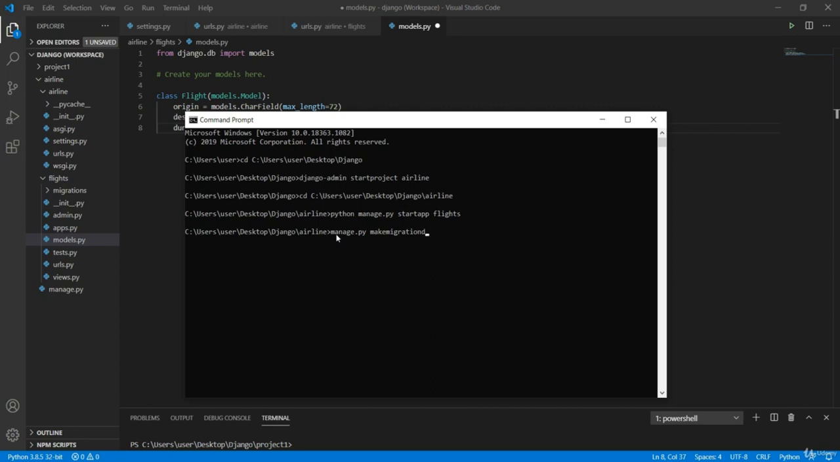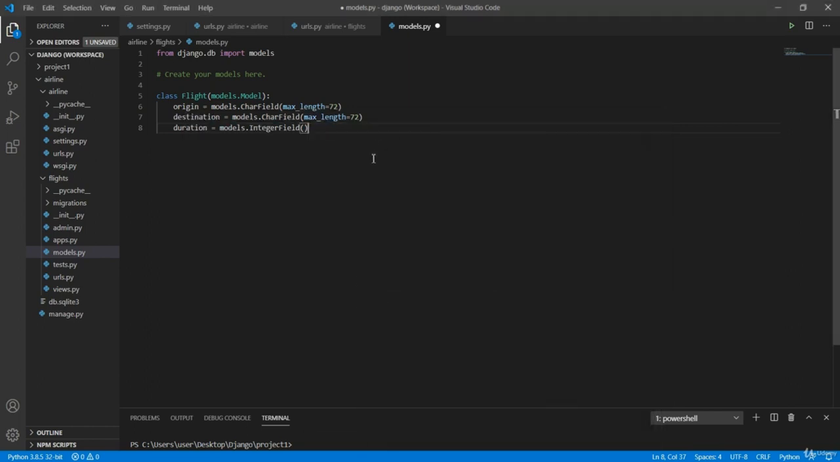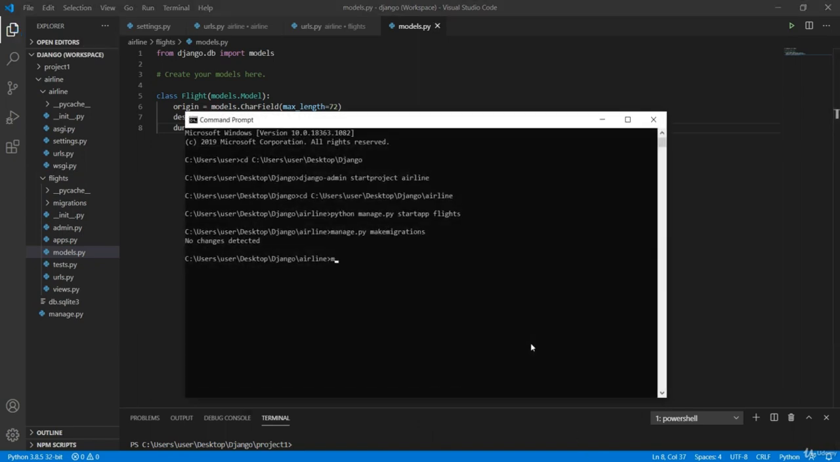So make migrations. And if I click on enter, now what I see is no changes detected, and that's because I did not save my file. So now let's go ahead and re-enter it. At first it did not detect anything because I didn't actually save the new model. But now after saving it, if I go ahead and type in manage.py make migrations and click on enter,